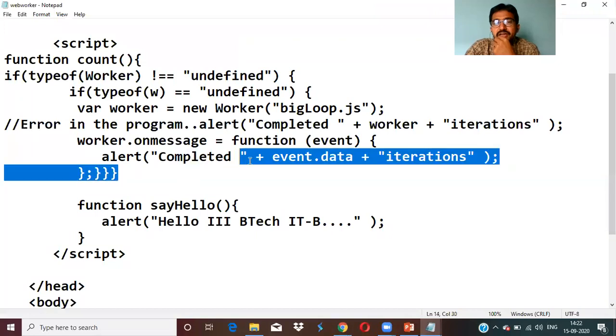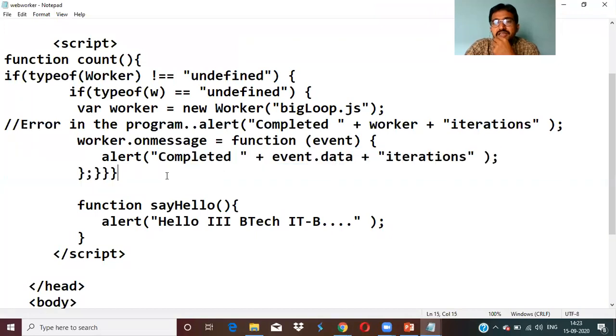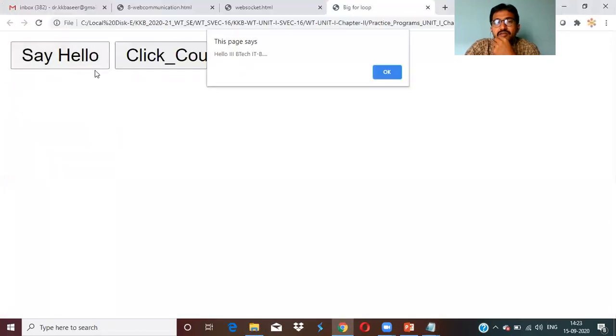A message: completed, so-and-so iterations. Now, when you click as a front end, you can do the front end work. "Welcome, third B.Tech IT B" will be run in the backend. So like this, we have written the code. Once the job is completed, bigloop.js will complete it and display the message that so-and-so is completed. Like this, it can be done, right?